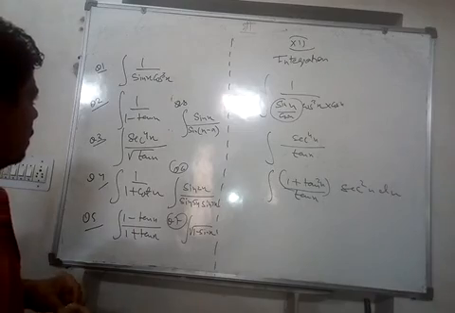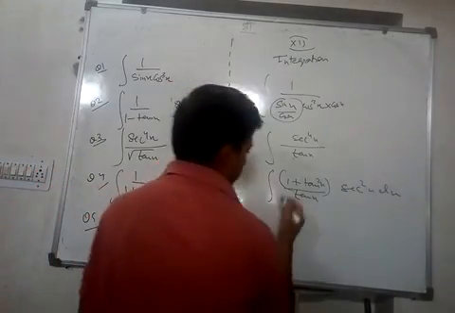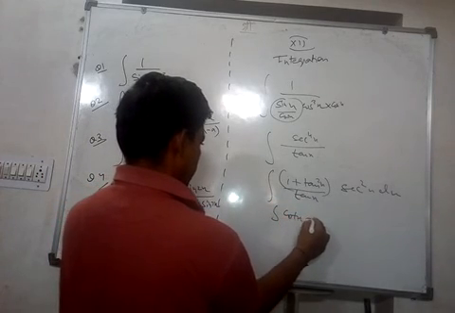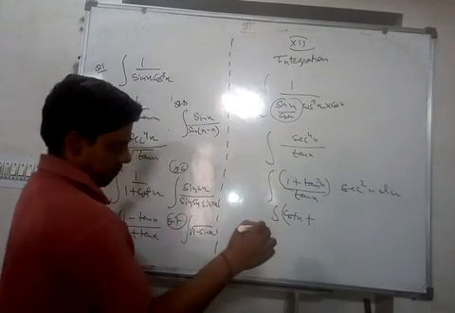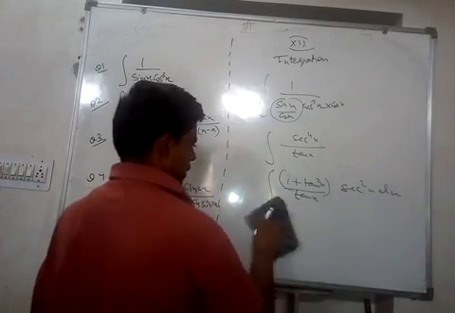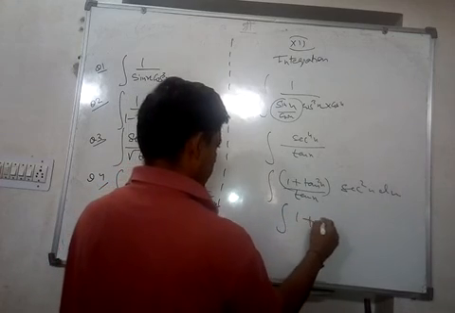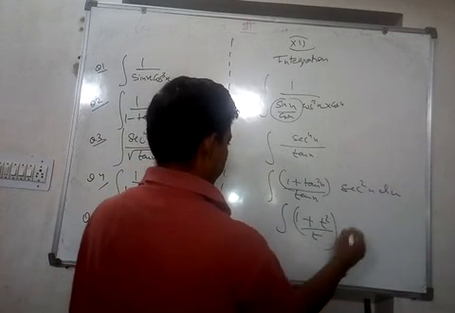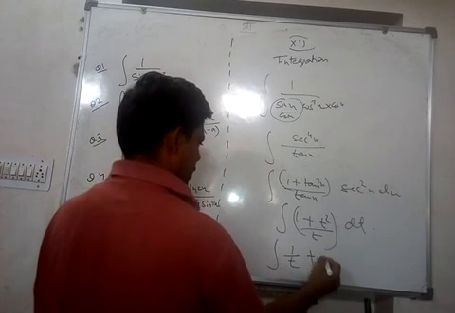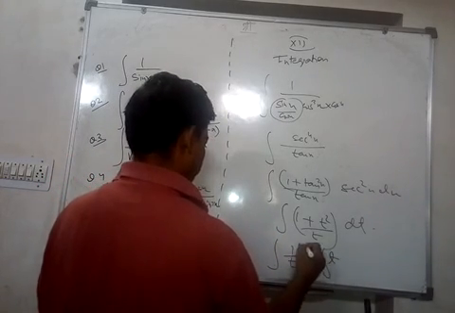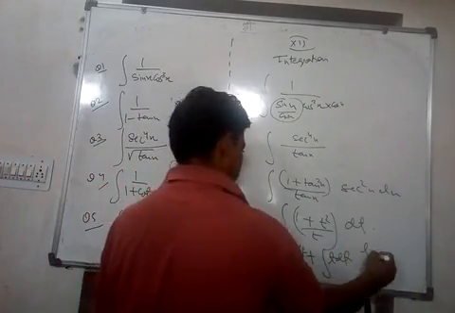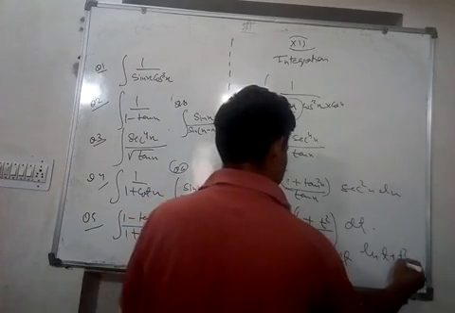Okay, so that is one way. Is there another way to do this? Because see, we divide this, we get cot x plus, right? Or if we now convert this as t, we will get this as 1 plus t square upon t dt, right? This can be done as 1 upon t plus t dt. 1 upon t is ln t and t is t square by 2. This is ln t plus t square by 2 plus c.